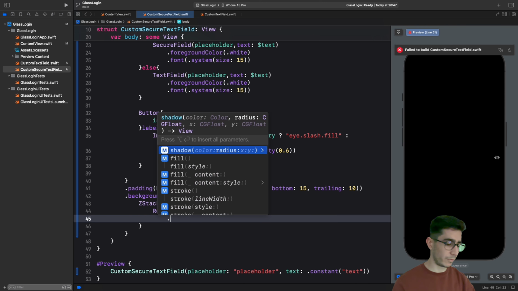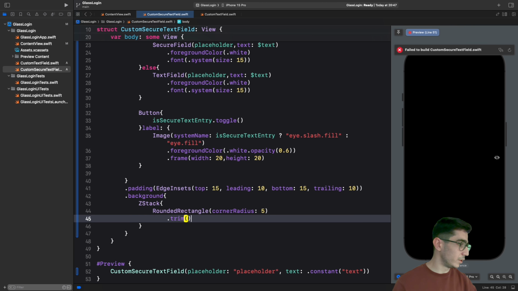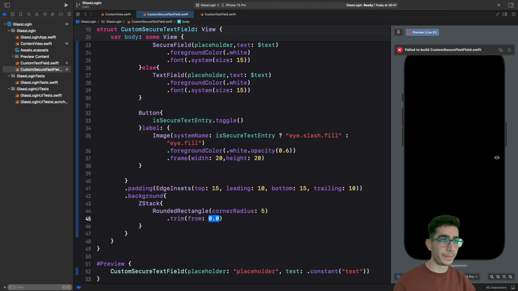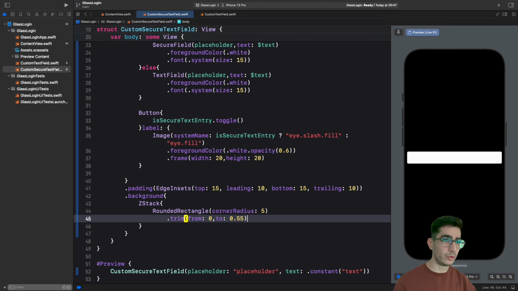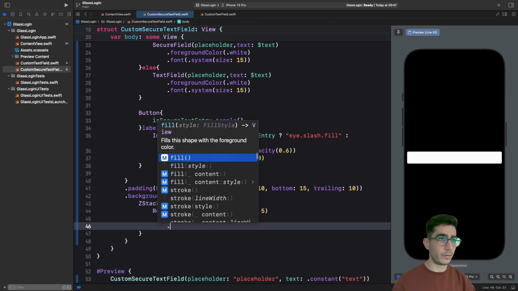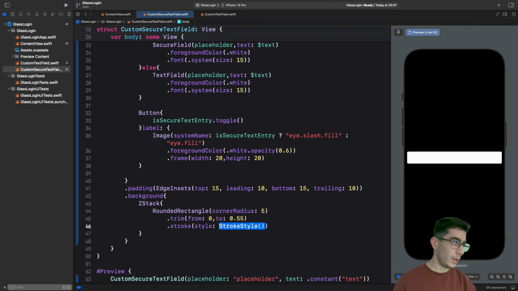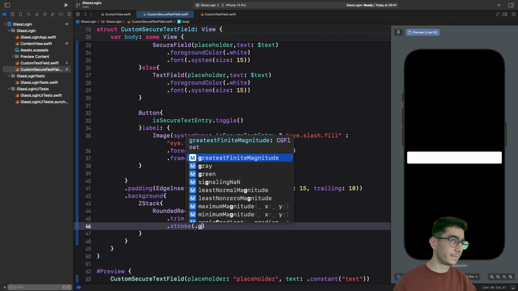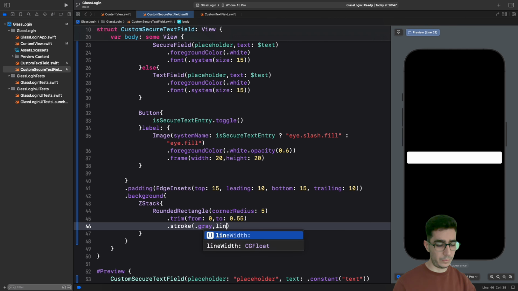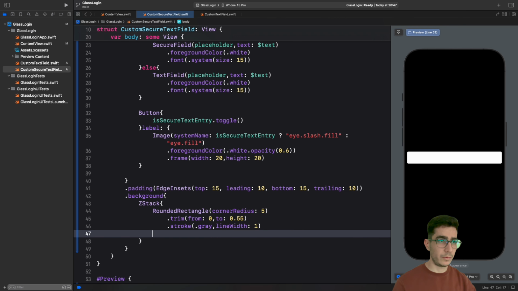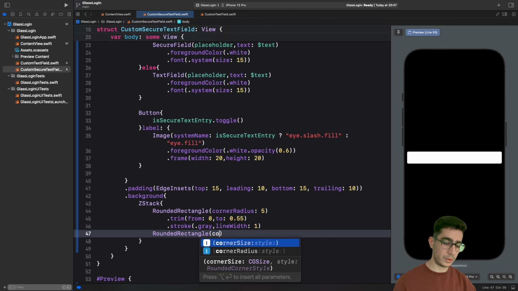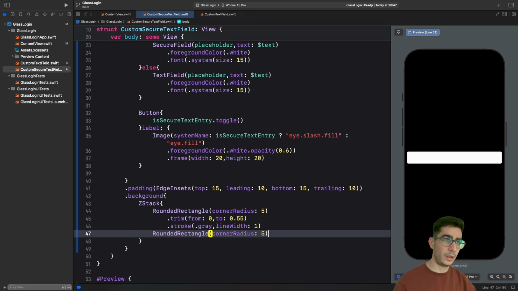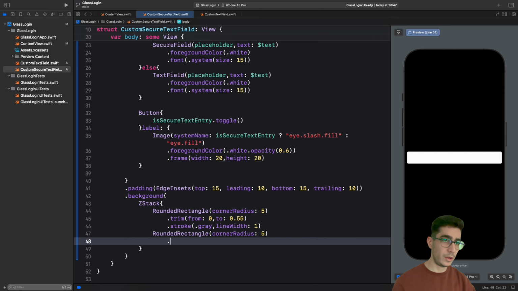the corner radius of 5, and again, like the other one, we have the trim from 0 to 0.55, and we have a stroke here, and we have a gray, and line width would be 1, and again we have a rounded rectangle, and we have a corner radius of 5, and again trim